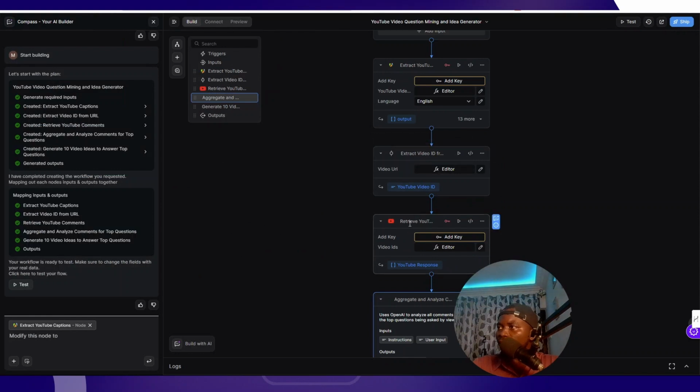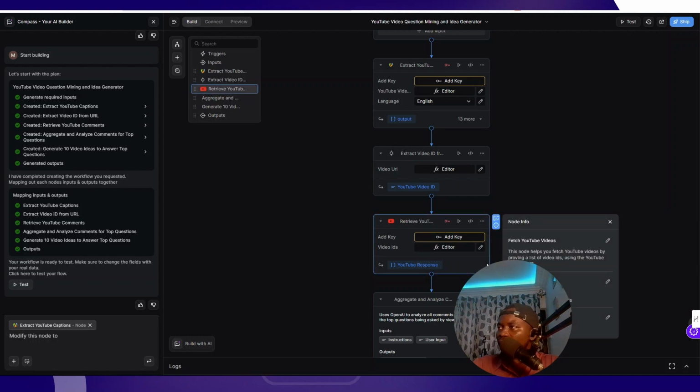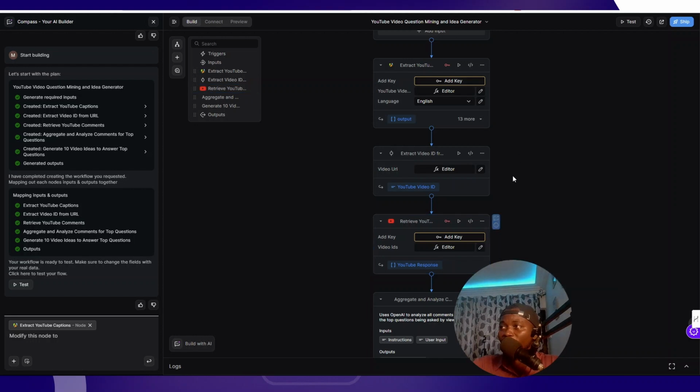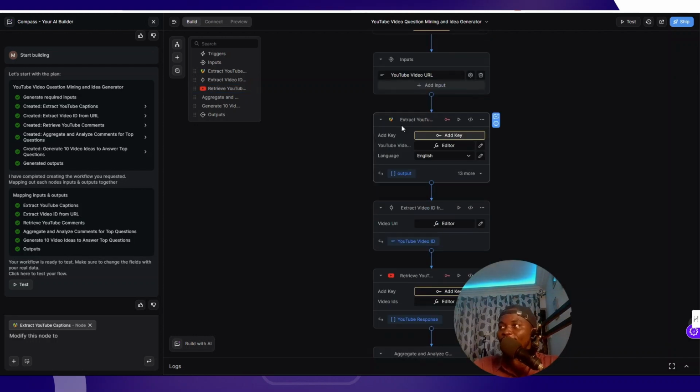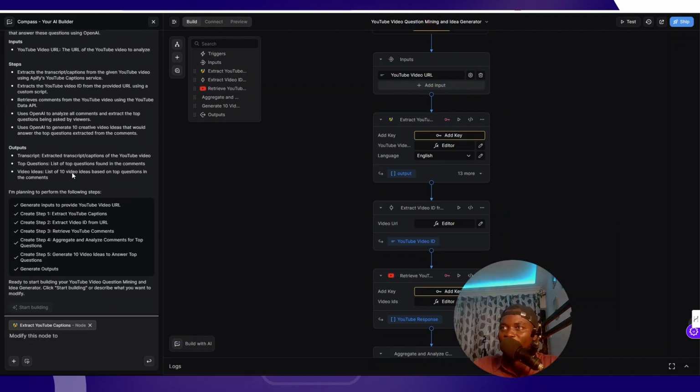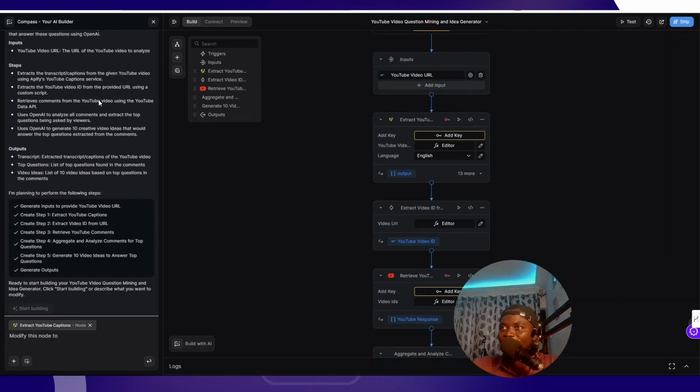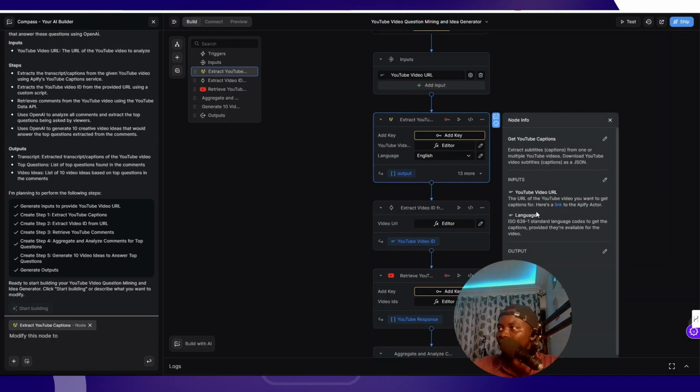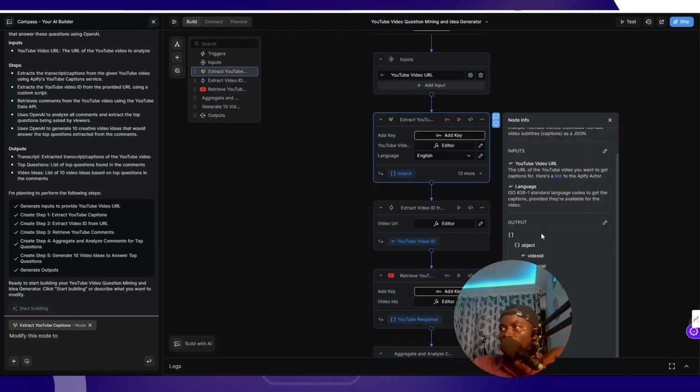So we have the retrieve comments, and what key are we supposed to add here? I don't think that was very helpful. Right now, I'm instead confused. I don't know which key is supposed to be added. It doesn't state which key I'm supposed to input, even in the docs right here. I have video URL, add key. What key am I adding? Am I just supposed to know that it's Apify's key? Like this, for example, it's the Apify node. I think if I were the one that added the Apify node, I'd know that I'm supposed to provide a key. But this thing has recommended it, and there's no documentation on how I can configure the thing to